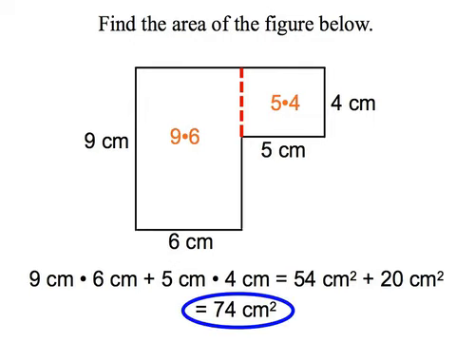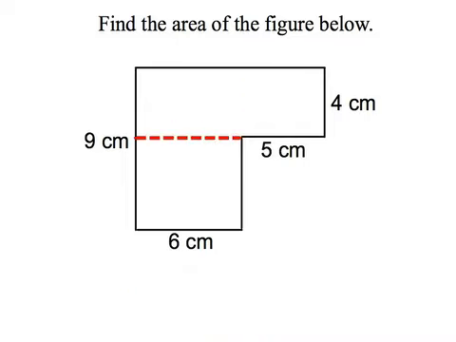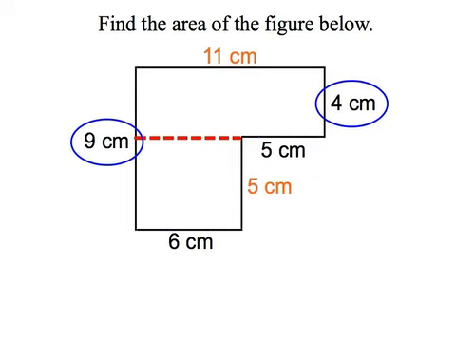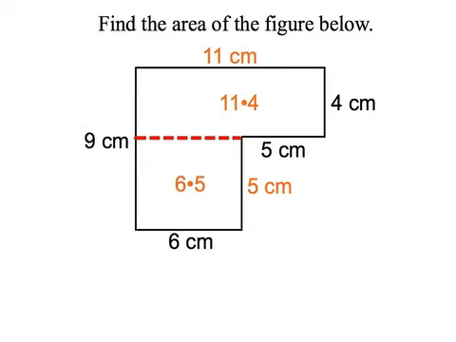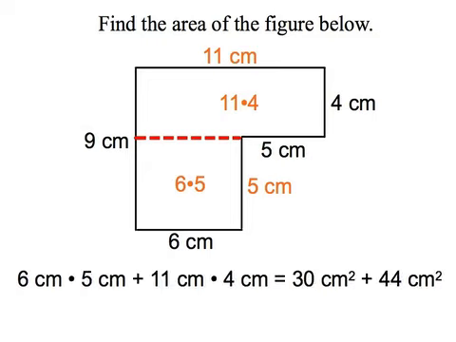Well, that's probably the quickest way to do this problem, but we're going to do it another way. We're going to divide it up this way. Well, now we're missing a length of the top segment, but because these are all right angles, we can add the 6 centimeters and the 5 centimeters at the bottom, and that means that the top segment must be 11 centimeters long. And then we need one more length for our bottom rectangle, and we get that by doing 9 centimeters minus 4 centimeters to get the orange 5 centimeters. So that rectangle is 6 by 5. Our top rectangle is 11 by 4, and that gives us 44 square centimeters and 30 square centimeters, and we add them up. And the good news is we get the same answer we got the first time, 74 square